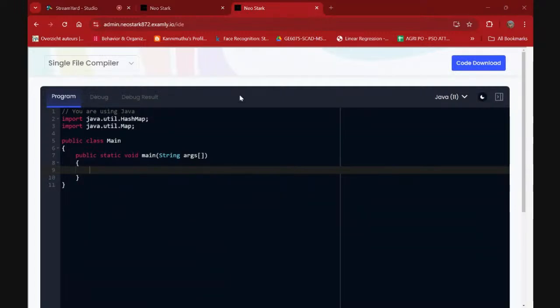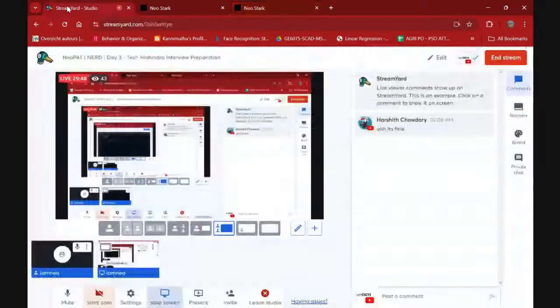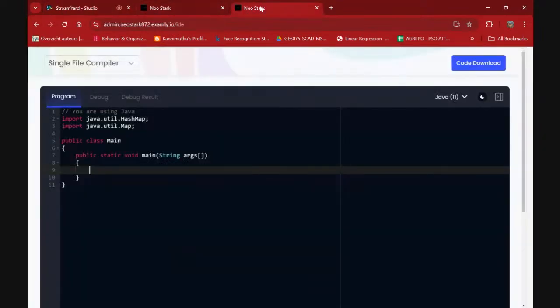So I'm going to map each character to its count, so that I can keep track and retrieve which character has a count of one. Whichever is not repeated, I will print that character.